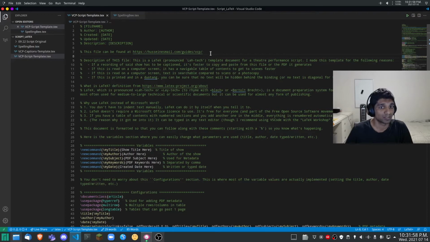What is this file? This file is a script template that can be used to type photocopies of a script if it's too illegible. Or if someone doesn't just want to deal with the photocopy, or if they want something searchable, or if they want something with the index that they can just click on in the table of contents and it'll lead them to the correct section, or there's many reasons to use this type of file.